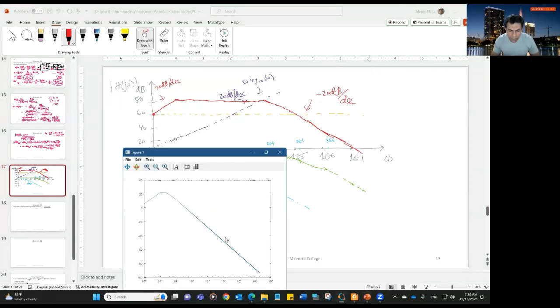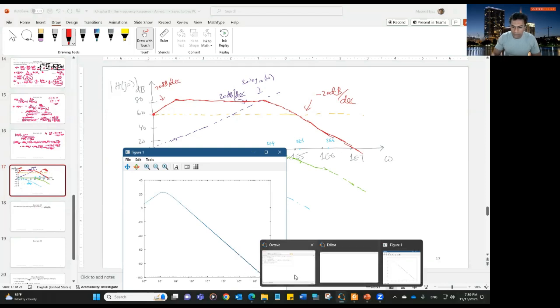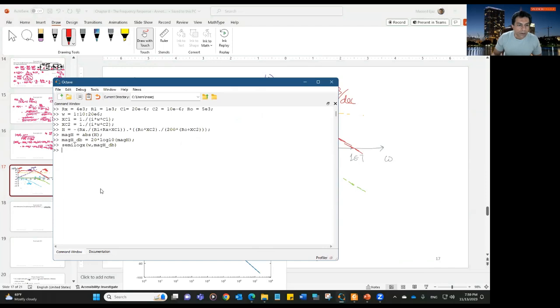Oh, hold on. Why is it going up? Maybe we have made some mistakes somewhere. Maybe I made a mistake somewhere because it has to start at 60, not at some other value. Let me see, what did I write down? Okay, 4 exponent 3, 1 exponent 3, 20, maybe my values